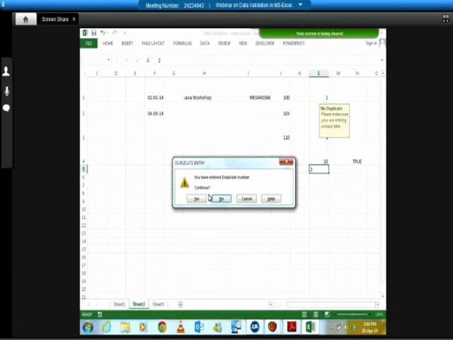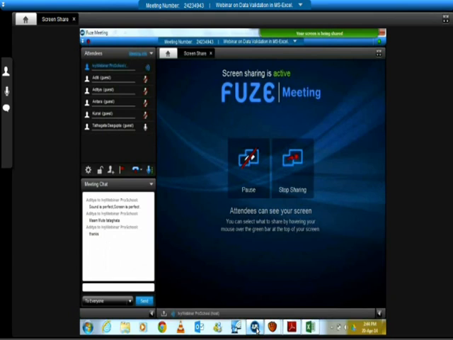Exactly. When I'm entering the name of an employee in my organization, okay, I already have somebody called Amit Gupta. I can hire another employee with the name Amit Gupta. So even though it's a duplicate, it does not mean that it's actually a duplicate person. The same person I'm not hiring again. Okay. So in such cases, where I know the same name or same text or same number can come back again, but it would be a different record, then I can give a warning. I can say this is a duplicate number. Make sure you are entering a new value only. And I can allow the user to proceed further.